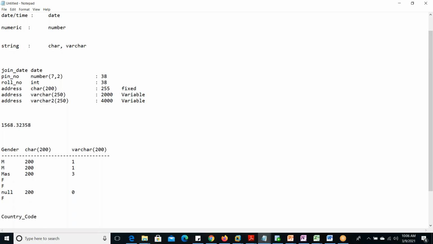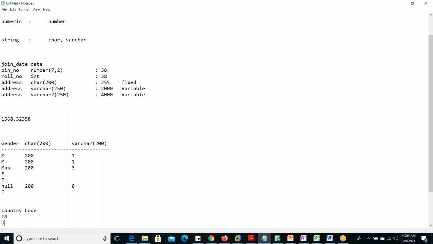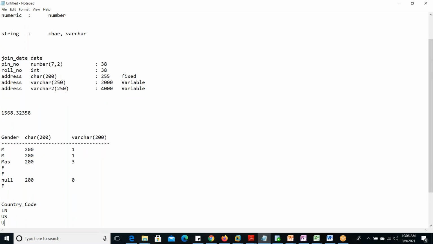Country code. For India, IN, only two characters is there. For USA, US. For London, UK. Like that, only two characters are there. And this is a column in your project, suppose. So better to mention this as char(2). So why would they not give varchar? That is also possible.